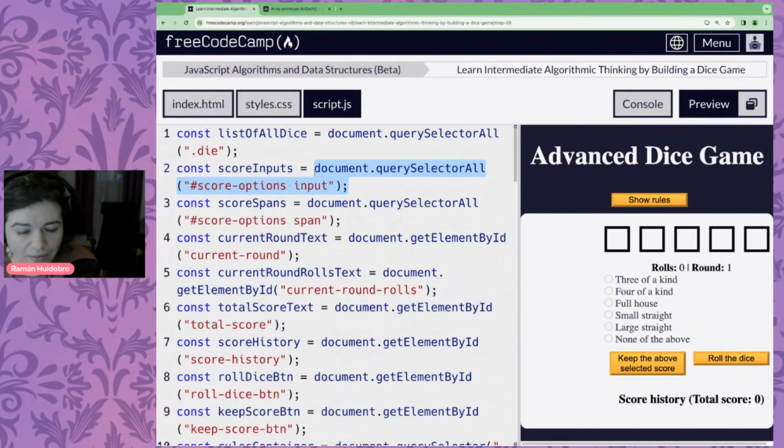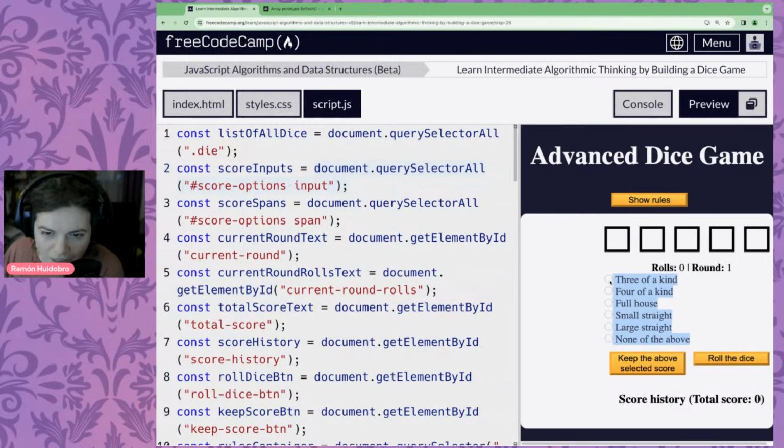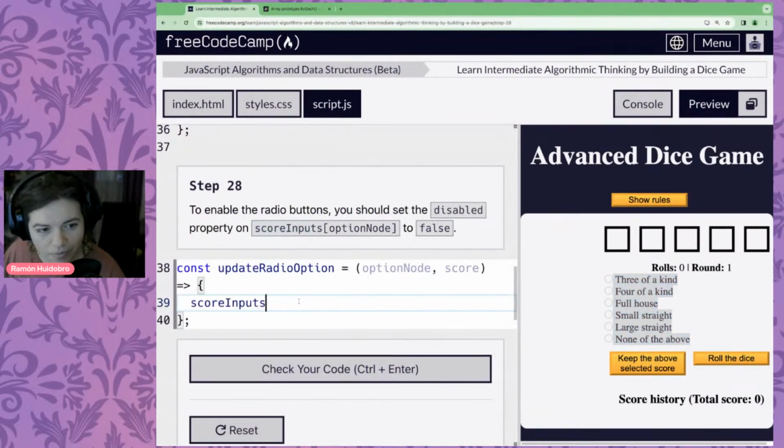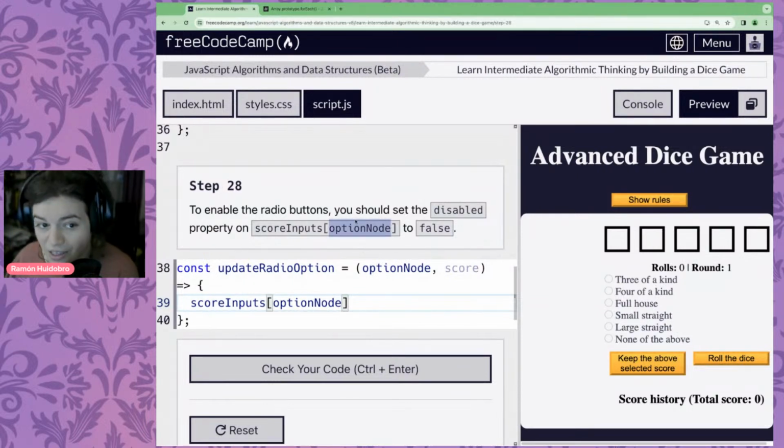So that's a list of all of the input elements inside here. So these input elements here are the score inputs. Now what we're doing is we're taking that score inputs at the index option node so we can figure out what option node represents. Option node represents the index of the input that we're going to enable.